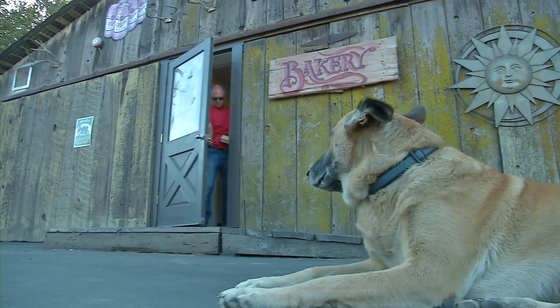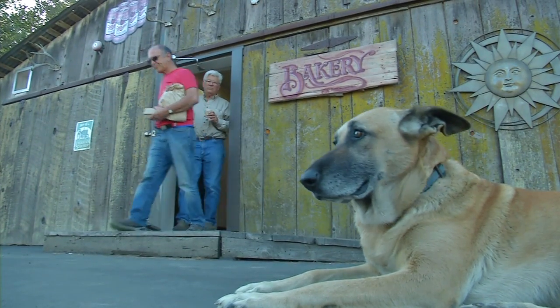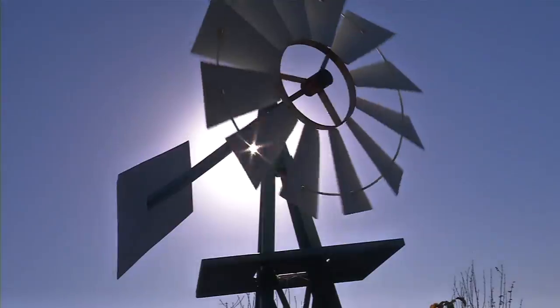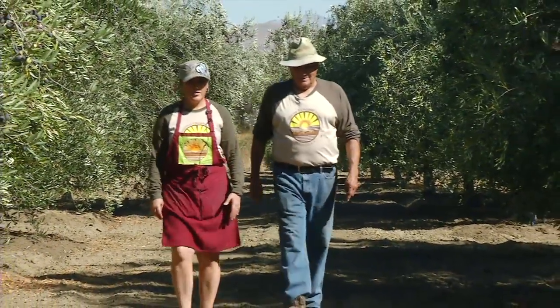My family's had this ranch. They've been in farming since 1998, and this barn was a shell. And I've always loved to bake and cook, and my stepdad said, "Would you like me to build you a bakery?" Lisa's stepdad not only built the bakery, but also keeps the ingredients flowing into it, thanks to his love